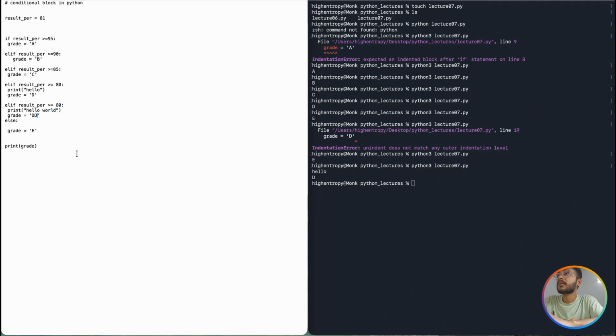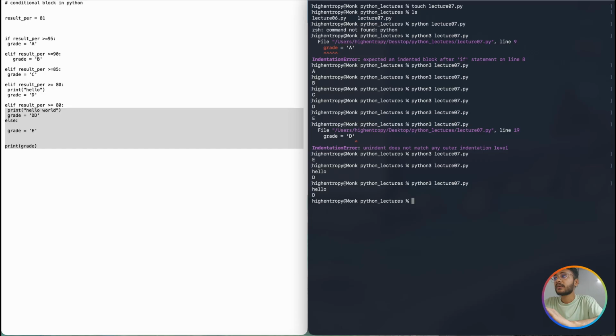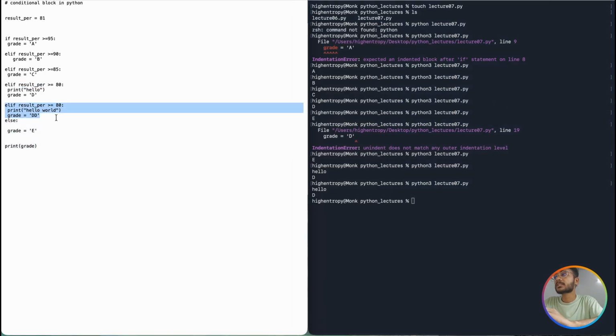You might expect it to check this condition, and if it is satisfied, then check this condition too, because both are satisfied. But no, if one is satisfied, it will skip the rest. It executed this one, and after that it skipped, even though the other condition is matching. It will skip all the code that follows within the same if else block. It's like a chain: if, then else if, elif, like that.